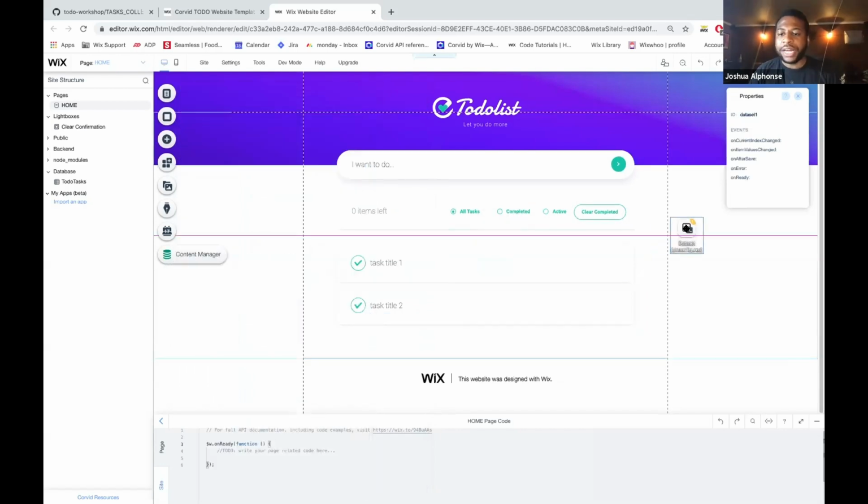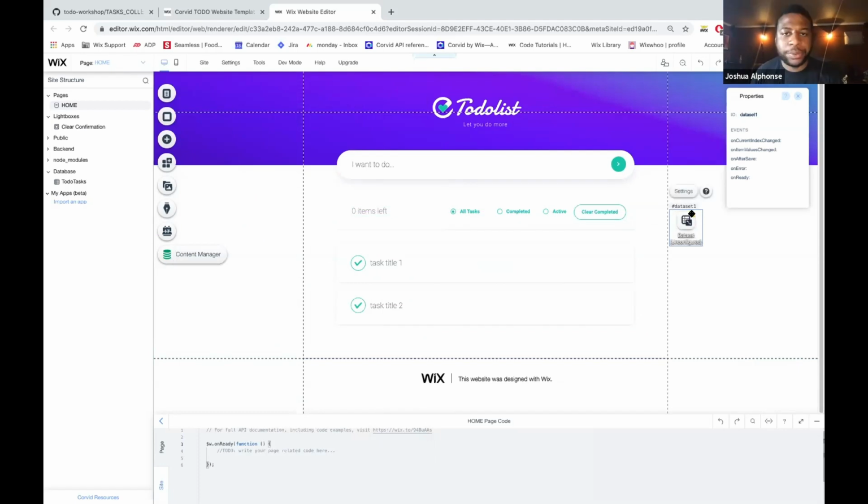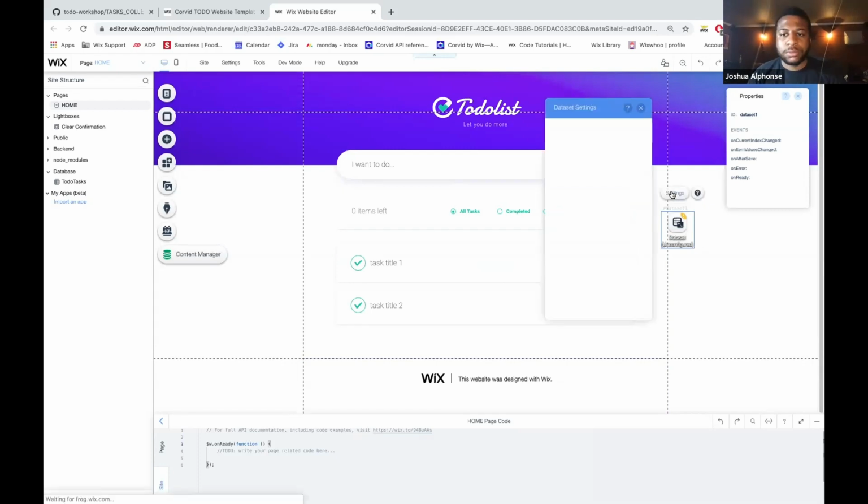Once you've added your data set, this item comes up here. This icon won't show up on preview or when the site is published. It's just there so that when you're making things on your front end, you can easily change the settings, and it'll disappear once you publish your site. So you go here to Settings to access the data set,